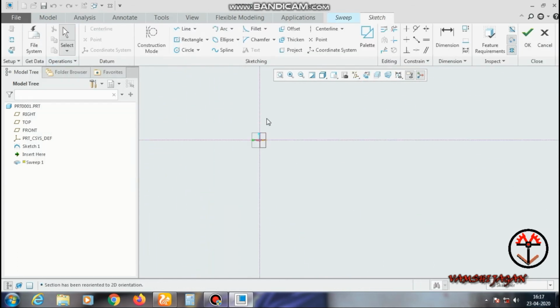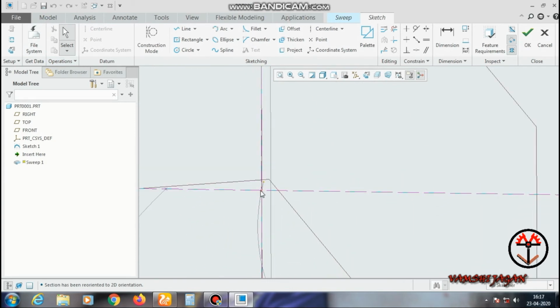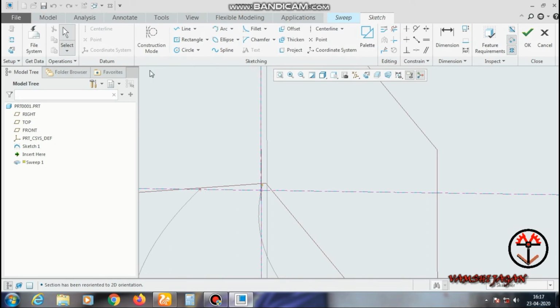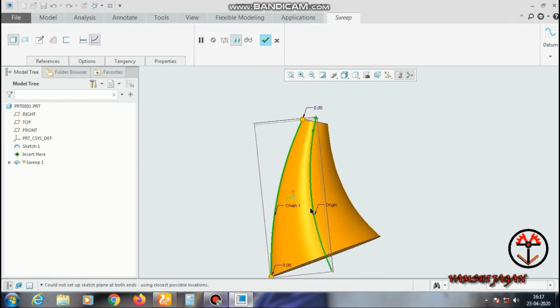So select one sketch. After that, draw one sketch. The first sketch we want to draw here. So I am selecting center and tangent. Okay, you can see how two paths work in one sweep.